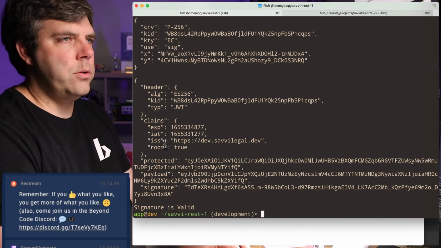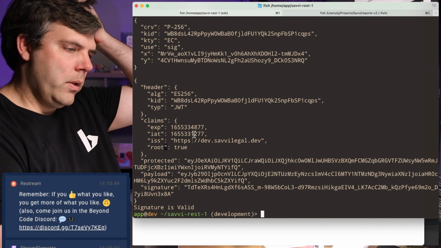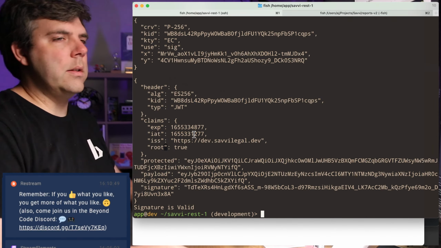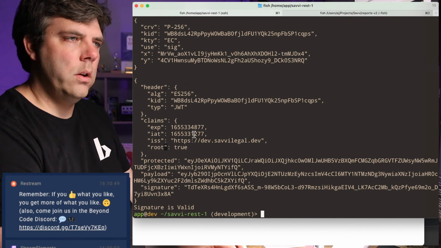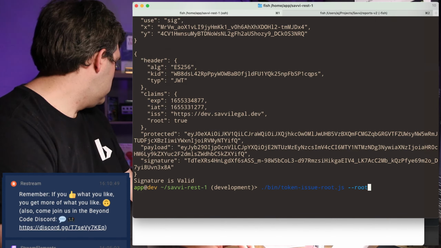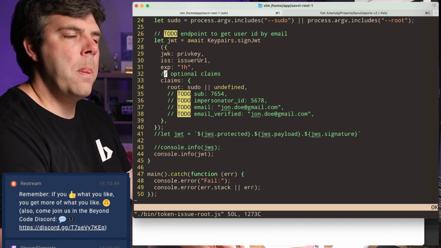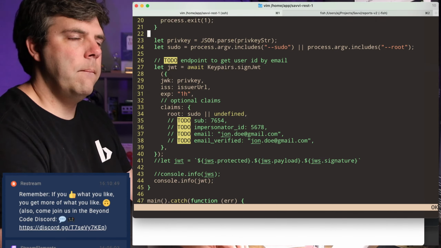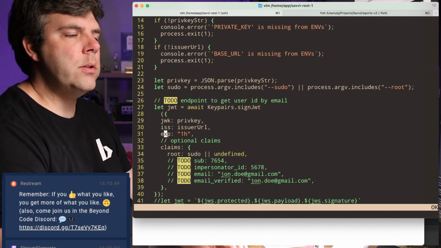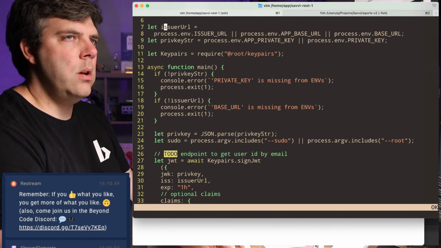Okay, good. Now we've got root true. All right, excellent. So this is the little snippet of code that we need for creating a service token, as it were. A server-to-server token. All right, so now I just need to get this bit of code into the Node server.